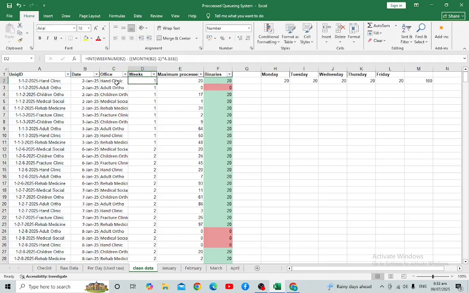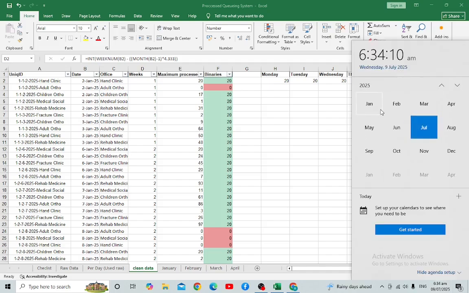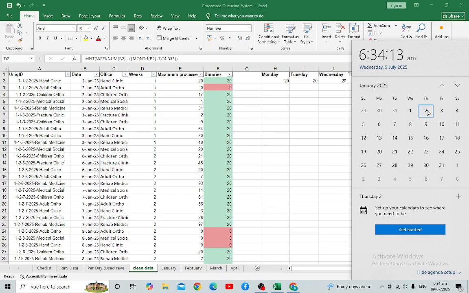Okay, and then next I need to identify what week the date belongs to. For example, January 2 obviously belongs to the first week of the month. This is not the typical date divided by 4, even though common knowledge is that a month is composed of 4 weeks.